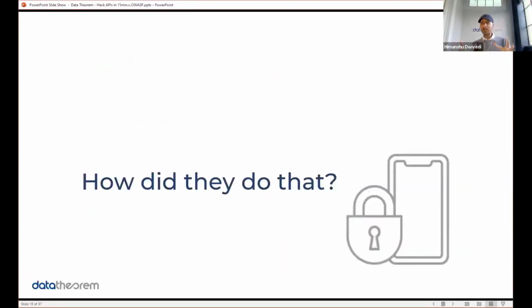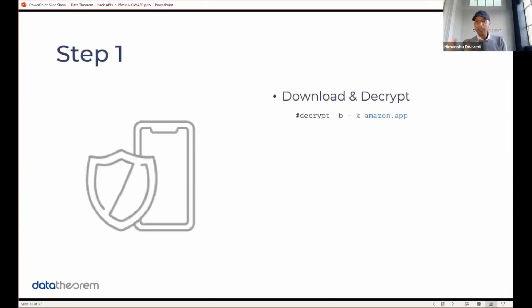Okay, so how did this happen? All right, so this is the cool stuff, right? This is what I figured out back in 2019 was happening. This is what you can do yourself, and we're going to provide some tools to allow you to do it yourself as well. So what we're going to do is go to the App Store. There's a lot of ways to do this, but I'm going to talk about how the hackers did it in 2019.